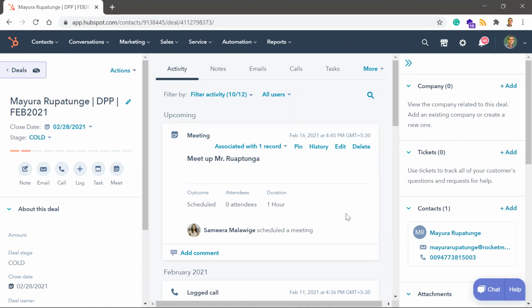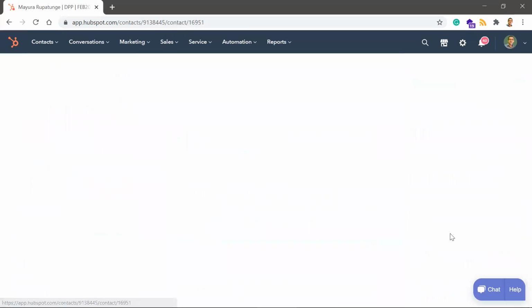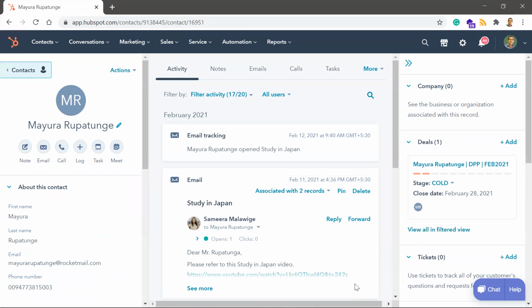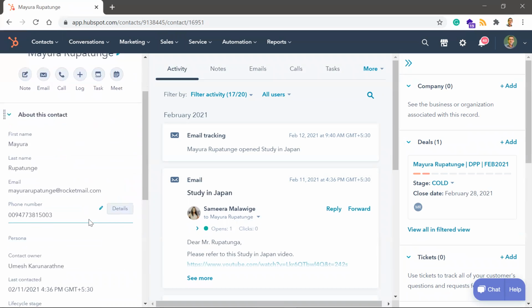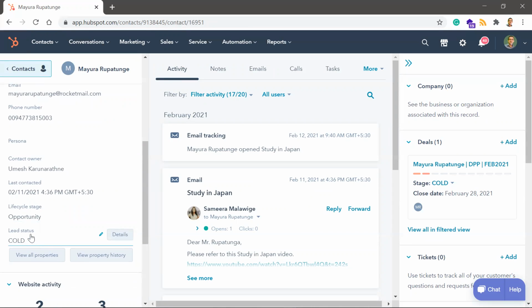For the contact stage, you need to click on Mayura Rupatunga and go to that. Now I'm on Mayura Rupatunga's personal profile, not on the deal profile. If I scroll down, yes, this was updated with lead status as called. Always make sure the individual lead status is also up to date, so that when we are running reports, that helps, right?